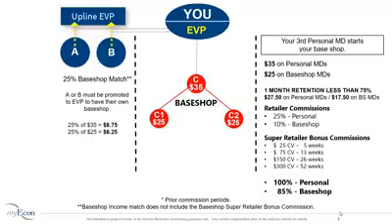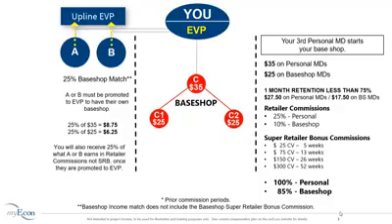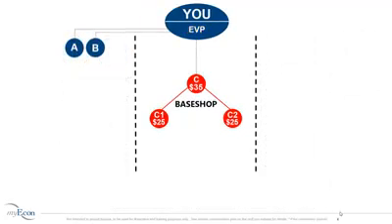25% of $35 is $8.75, and 25% of $25 is $6.25. The 25% match does not include income from the Super Retailer Bonus. A marketing director in your base shop must sponsor 2 marketing directors in order to promote to Executive Vice President. When this happens, they are promoted to your first generation and will remain in your first generation for the life of your business. In this example, C sponsored C1 and C2.